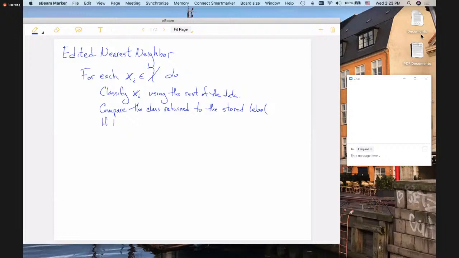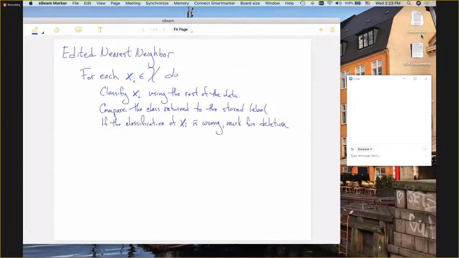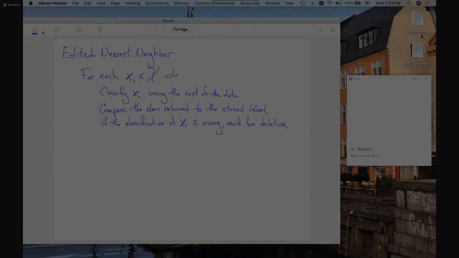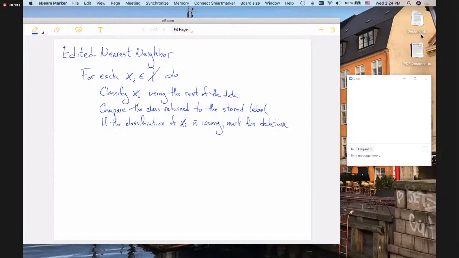So if the classification of X is wrong, mark for deletion. So this current loop is basically going to walk through all of the data, one data point at a time, to determine if the current data set is able to classify it correctly or incorrectly. If it's incorrect, we mark that data point to be removed. After we've gone through all of the data, we go back and repeat this